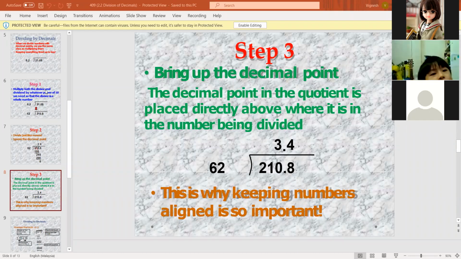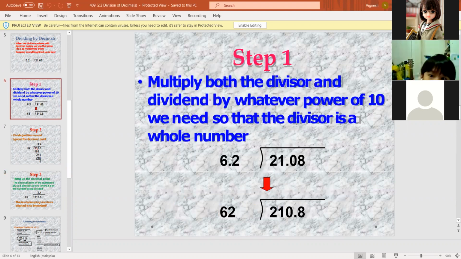Okay, as I say, step 1: please ignore the decimal number. If you don't know, it's an easier way, I'm telling you. When you divide a decimal number by a normal number, it's very easy. But when it comes to dividing by a decimal number, it's quite harder. So what I can suggest is, please move the decimal point to your right, one place.